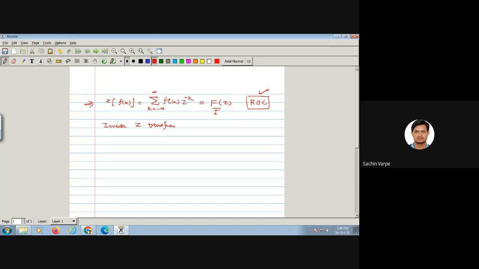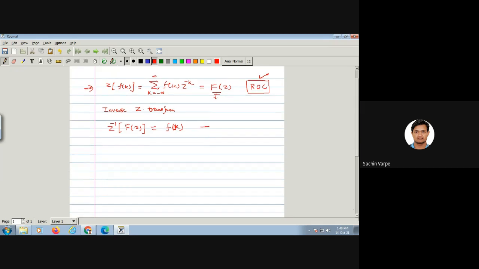So z transform is actually the conversion of signals in terms of sequences we have given. The inverse z transform is the conversion of signals into the sequences. So if I apply the inverse z transform onto a given function of z, then we will get a sequence, a function f of k. That is the main thing with the particular k, whether k is positive or negative or on both sides.